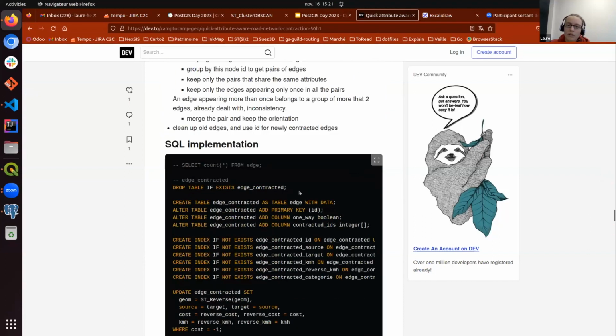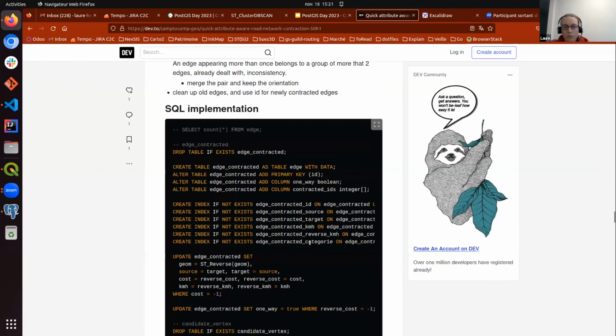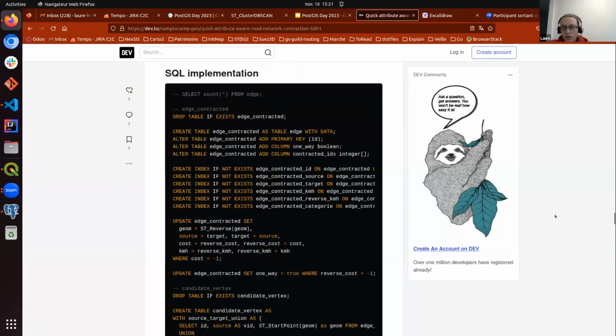This code is based on HERE datasets, but it's almost the same with OSM data. If you want to run it with OSM data, you just have to use OSM2PO, which is a small executable that can load OSM data in a routable way. And then you will find the same attributes that I used, the speed, the class. It's really easy to go from one to the other.